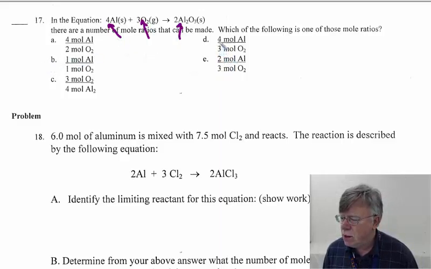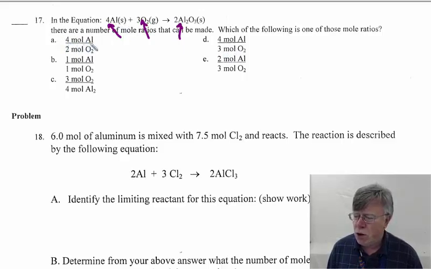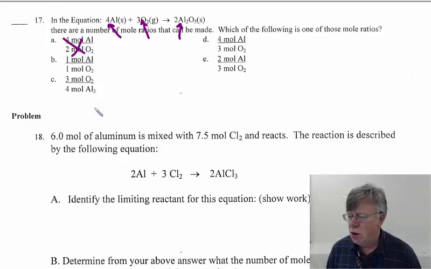So my eyes are immediately going to this one, where 4 goes with aluminum and 3 goes with oxygen. See, that's correct. For instance, this one is wrong because 4 goes with aluminum, that's right, but 2 does not go with oxygen, you see. So all of the rest of these are wrong. The correct answer is